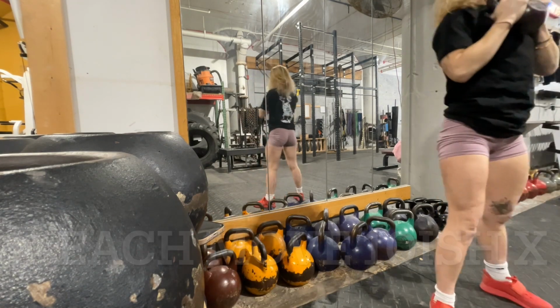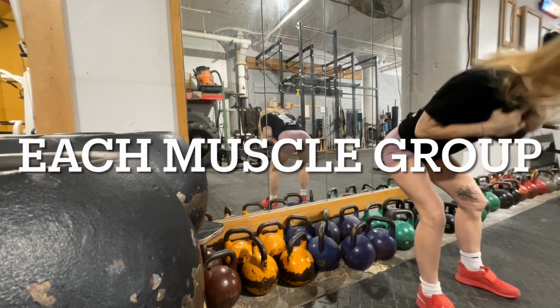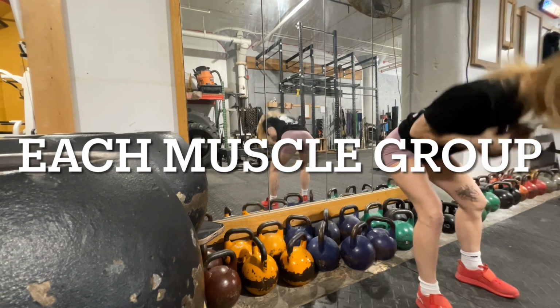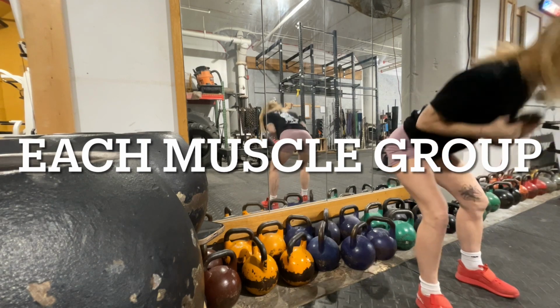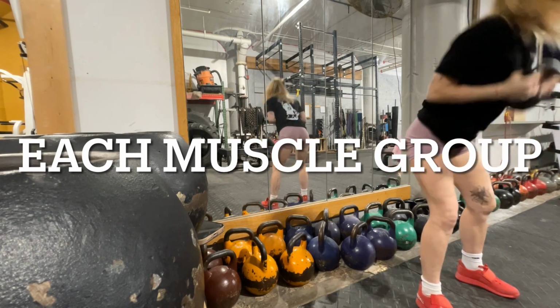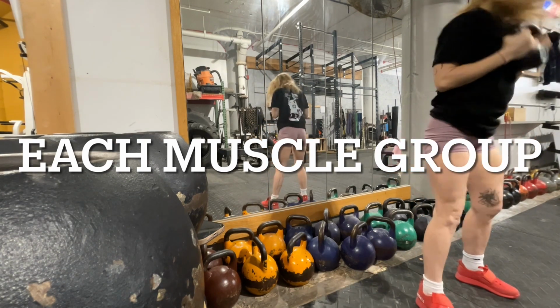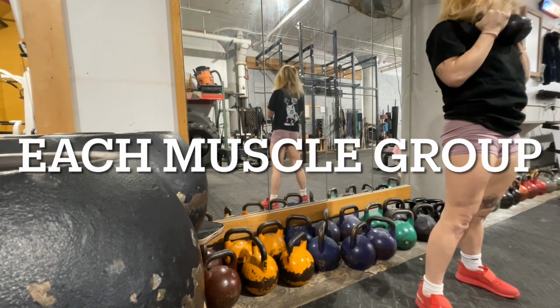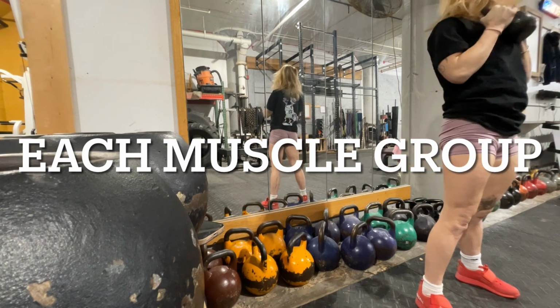And now we're gonna do 10 good mornings, and that's where we're gonna have the kettlebell at your chest. We're working each muscle group, so starting with our legs, getting our hips. This is really for the back and your hamstrings, really to get that mind-body connection. 10 good mornings,